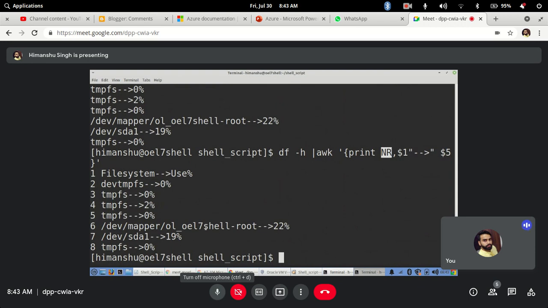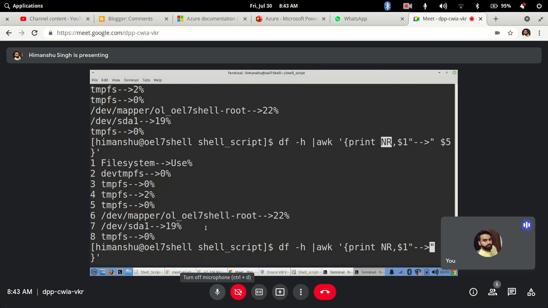Now I want to print only the last field from a file. You will not know how many fields are there, 1 2 3 5 10 50, how will you know? To print the last field every time, in place of 5, I will use an inbuilt variable called $NF.